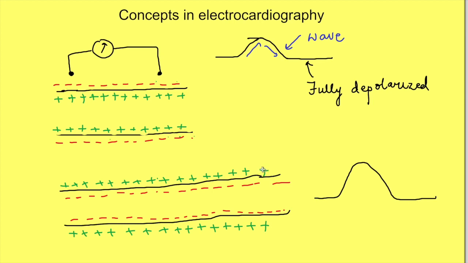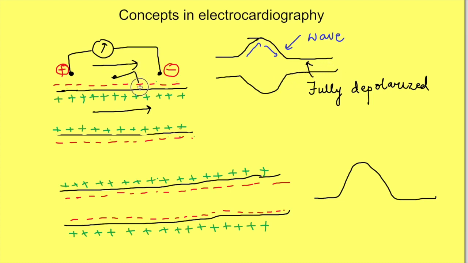Now, see in this diagram, we have placed the electrodes along the direction of spread of depolarization, where the direction we say is from negative to positive. So, when both the direction of the lead and the direction of spread of depolarization are the same, we get a positive wave. Now suppose I invert the electrodes. That means where it was positive, I make it negative, and where it was negative, I make it positive. We will record the same magnitude of voltage, but its direction will be opposite.